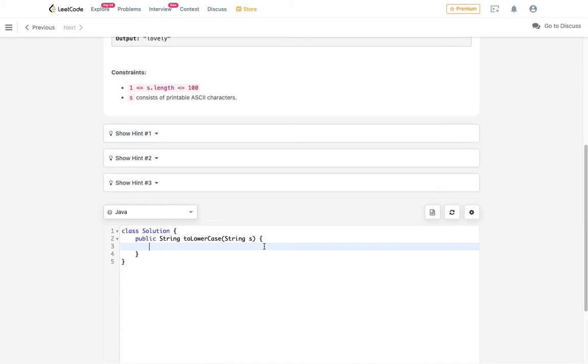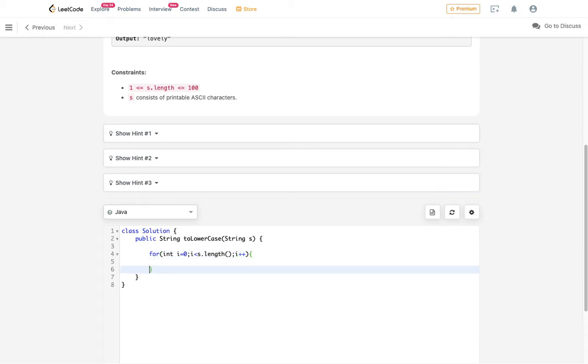First of all, we'll start with a loop, and we'll go from 0 to s.length(). Make sure it has parentheses over here, because it's a function. The String class has a function called length, which gives us the length. It's not a property. If you miss the parentheses, that means it is treated as a property, not a function. So make sure to add the parentheses to that length method.